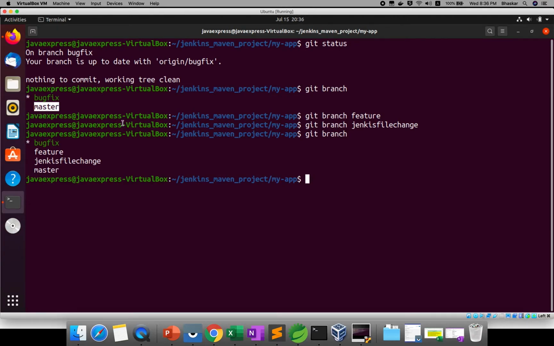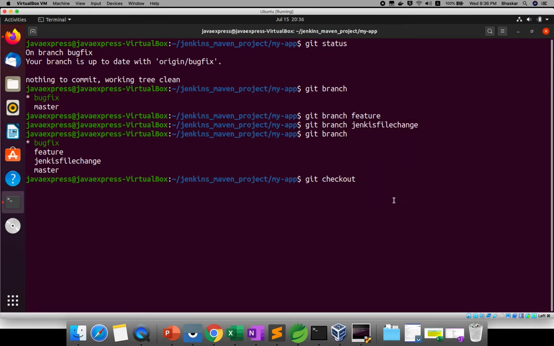I will change the Jenkinsfile and commit some data, some invalid data. If you want to go inside a branch, you can say git checkout and give the branch name.